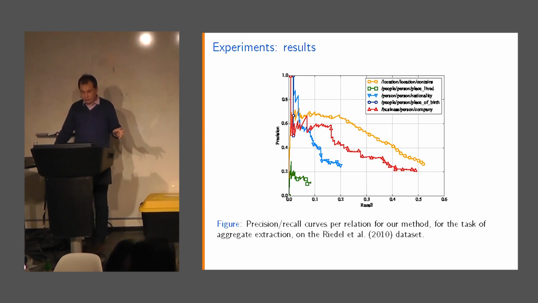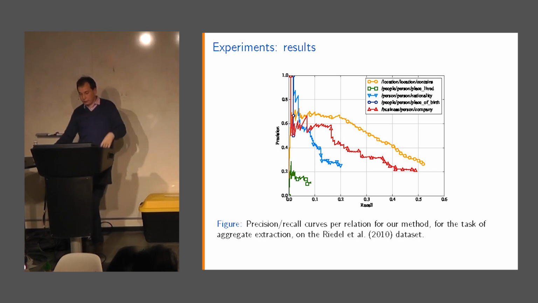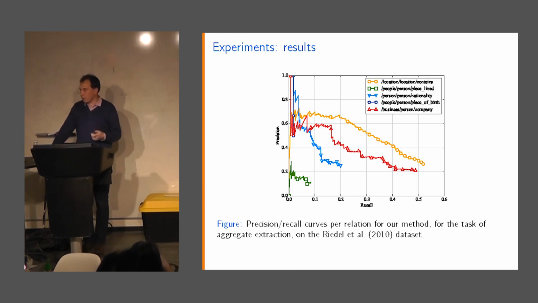Here are the results for different kinds of relations, to show you that it's working quite well for certain relations, such as the fact that a location contains another location, or that a person is working for a company. But it's not working very well for other relations, such as the fact that somebody was born in a certain place, or the fact that a person has lived in a place. I think that's just because this information is actually not present in the New York Times articles.